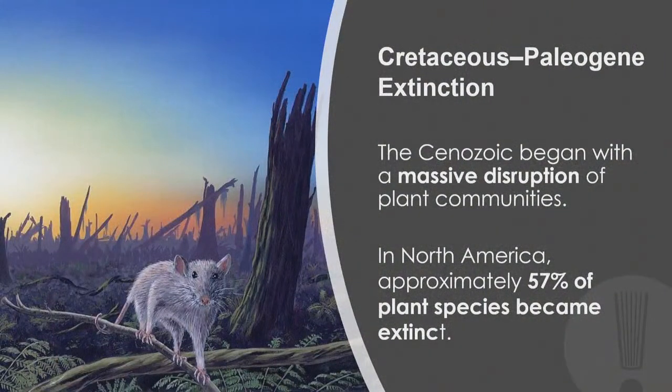So the Cenozoic era began with a massive disruption of plant communities. In North America, approximately 57% of plant species became extinct. And they think that since many of the reptiles from the Mesozoic era were cold-blooded, they weren't able to produce their own heat, so they tended to have problems from fungus. And so when you get a mass die-off of these reptiles and they tend to be overgrown with fungus,